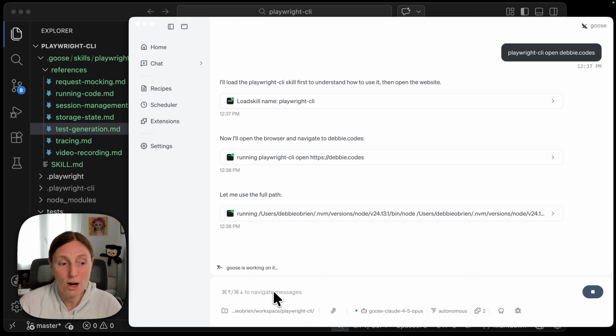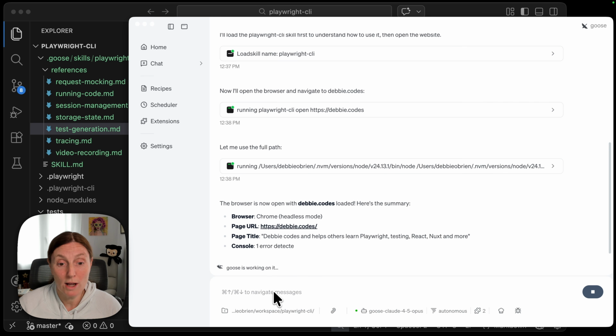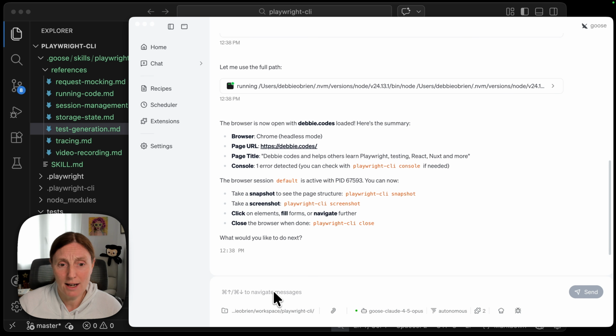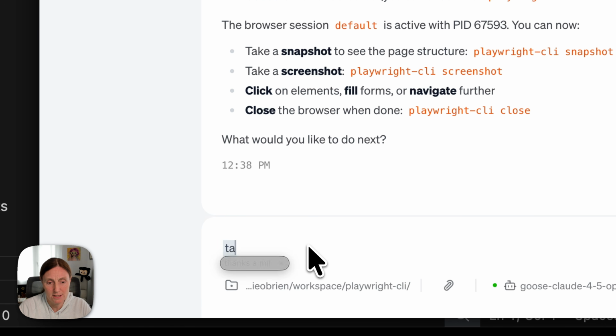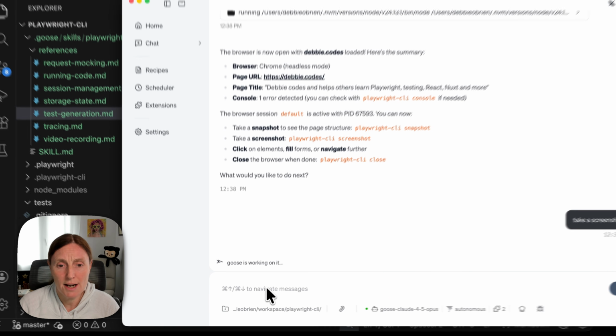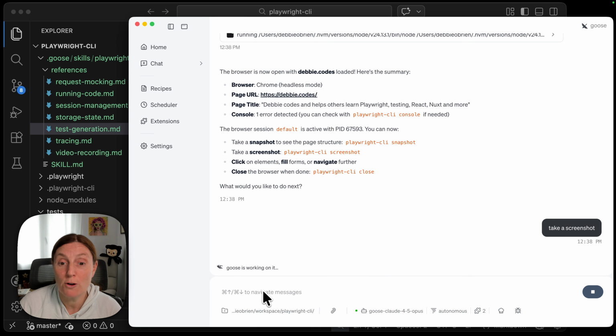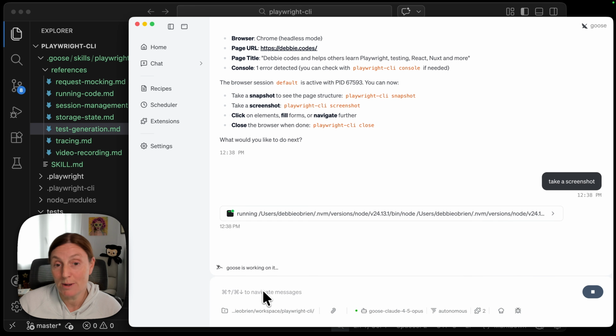So what can we do from there? Well, the browser's now open, it says, and the browser session default is active. Take a snapshot to see the page structure. Take a screenshot. We can take a screenshot. Let's do that. Take a screenshot. You can click on elements, fill forms, navigate further, or you can close the browser when done